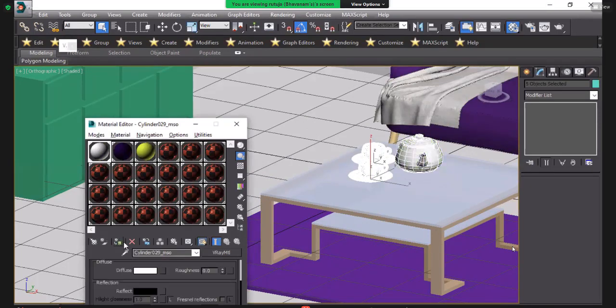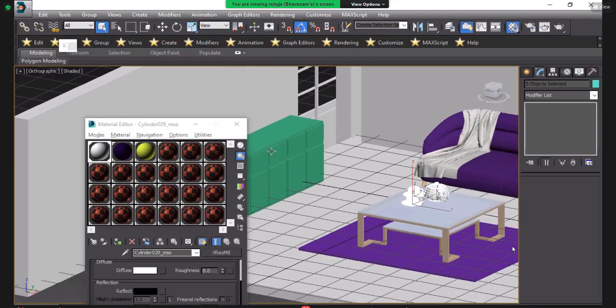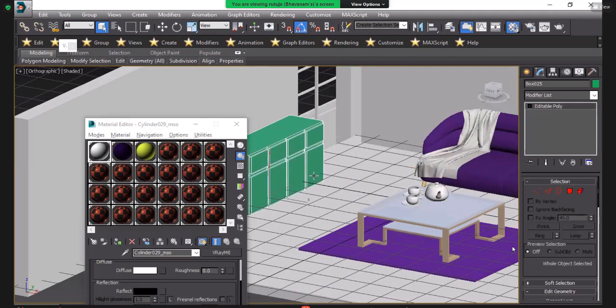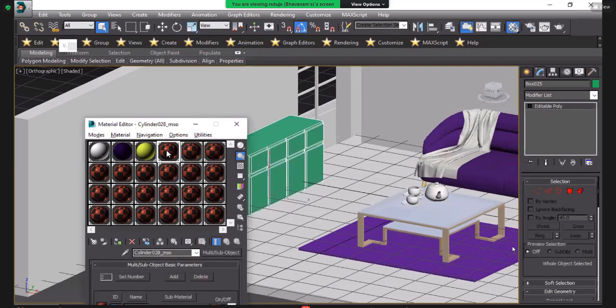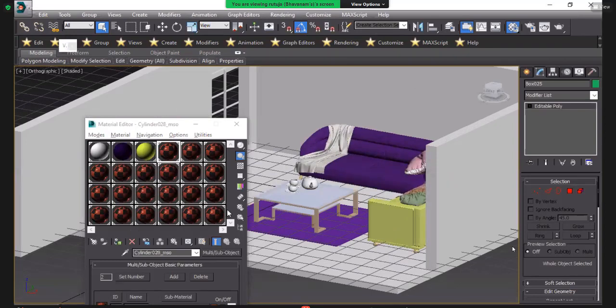I want this white. Okay. Yeah, like that. And last and the main part is how to apply material. Okay, this is our color which you can apply from this method.